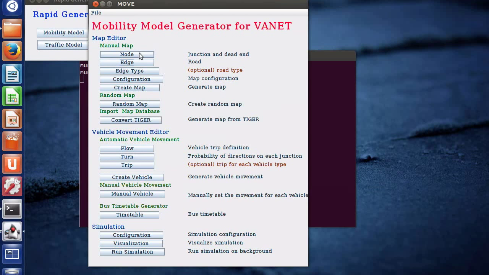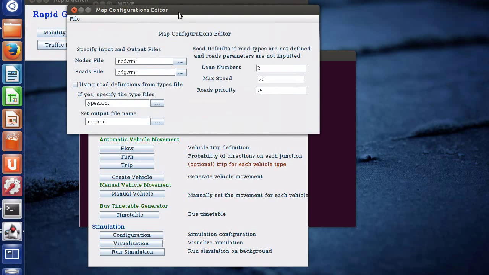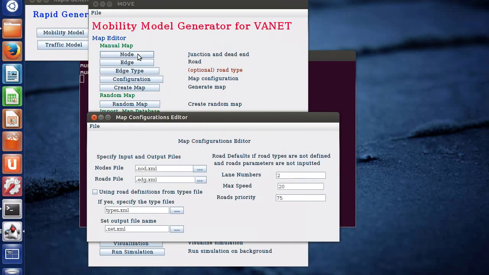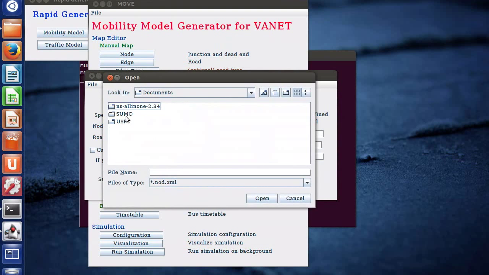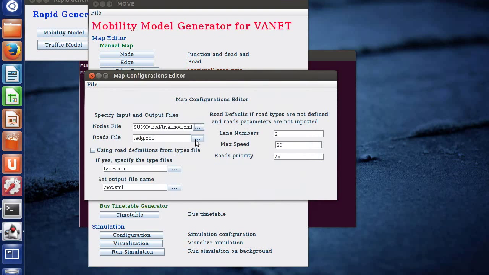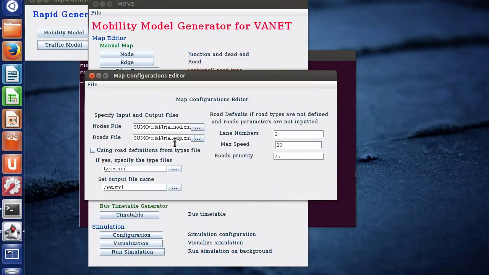and then I would close it. Now after defining node and edge, we have an optional road type, edge type, which we would not require for this. So let's go for the configuration part. Now we had created two files basically. One was a node file, that is a .nod.xml file, and we had created the edge file, that is a .edg.xml file. Now I would open these two files, that is this which we just saw, and the .edg.xml file,